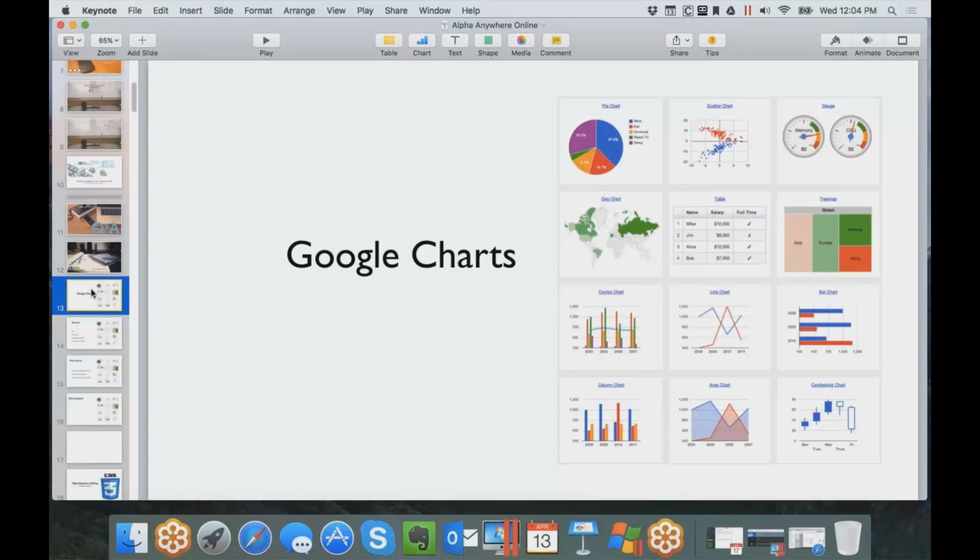But what I have found is a lot of people feel it's a bit dated in its look and feel. And so therefore, when they're looking for nicer looking chart setups, they look at Google Charts. And in fact,